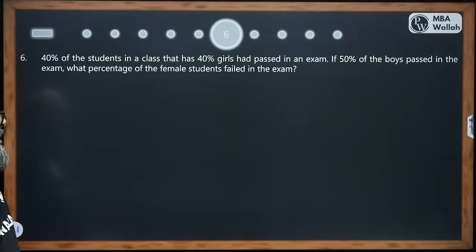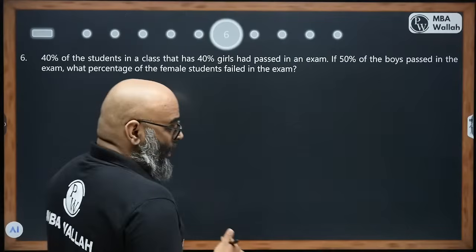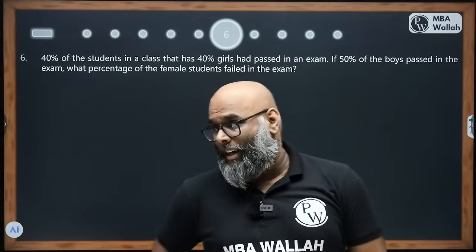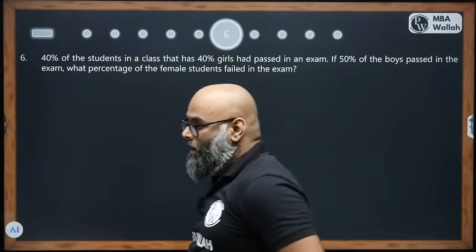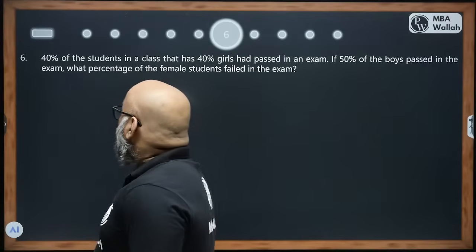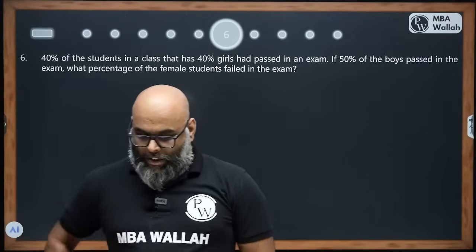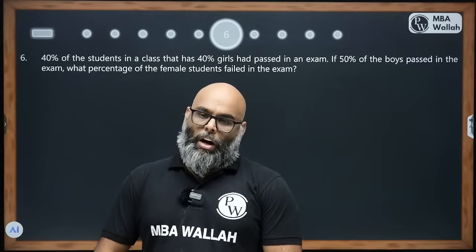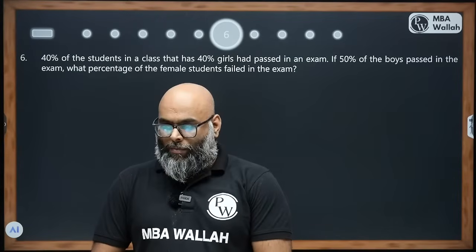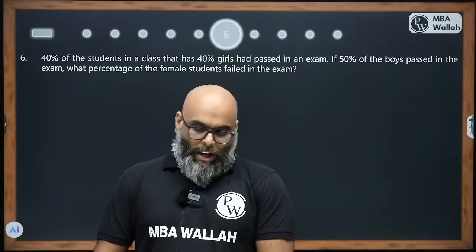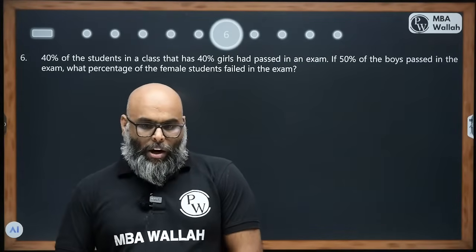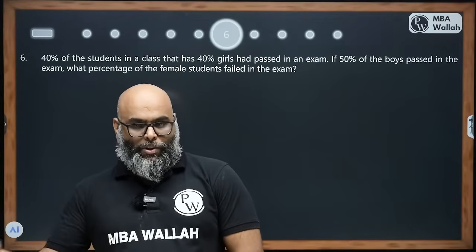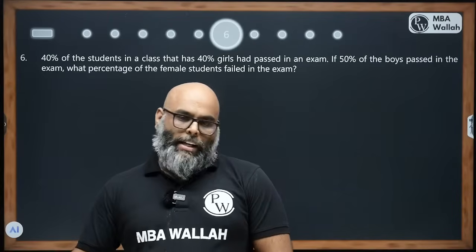40% of the students in a class that has 40% girls had passed in an exam. So there is, okay, quick disclaimer. I think this disclaimer needs to be given here. Now, when you get questions like these, 40% of the class is girls, 20% of group is men. Let's understand that when you get a question like 40% of the class is women, the default understanding is that